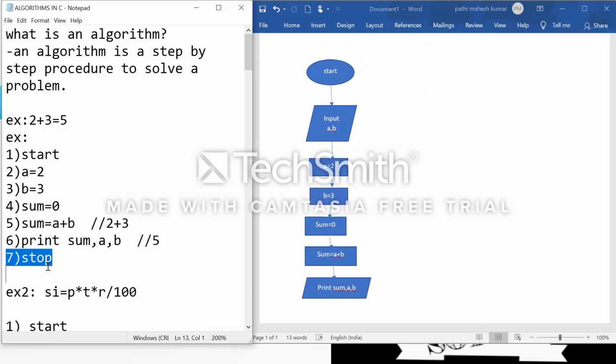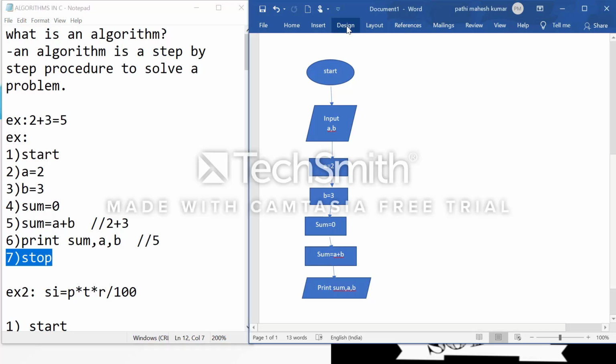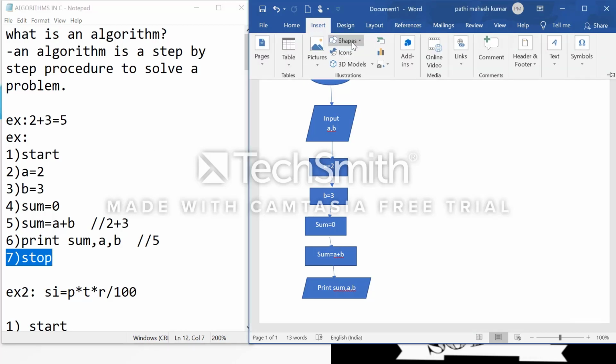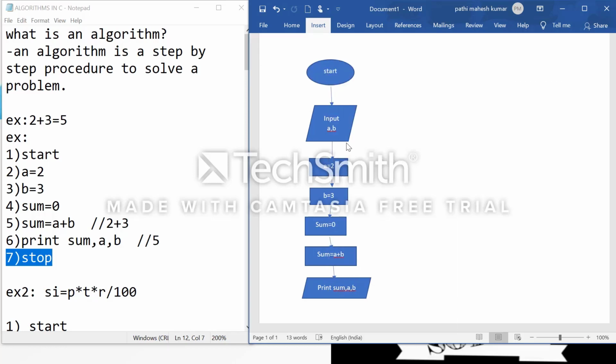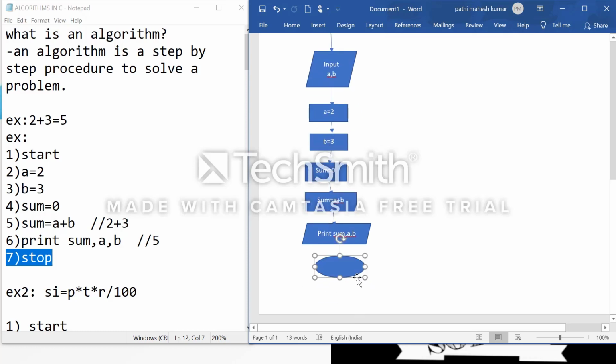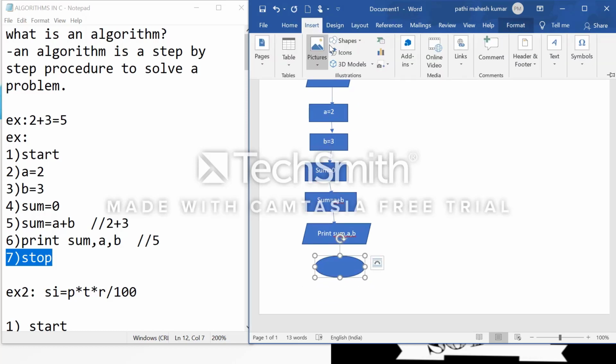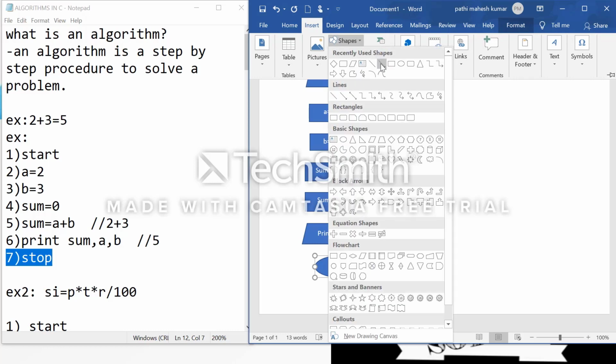After that the seventh step is stop. Stop means we go to the oval shape only. And again I want to connect this.